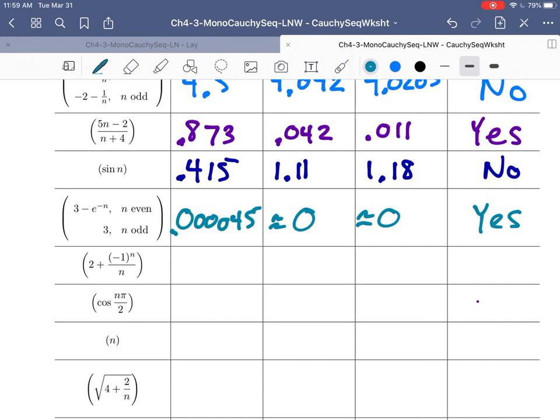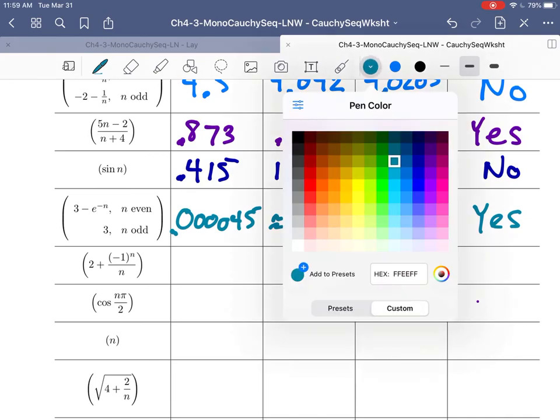Once we get far enough along in the sequence, all the terms are really, really close to 3, and they're just going to either keep getting closer and closer to 3 or be 3 exactly. Every other term will be exactly 3, and all of the even terms are going to keep getting closer and closer to 3. So we can get far enough along in the sequence that they're all close enough.